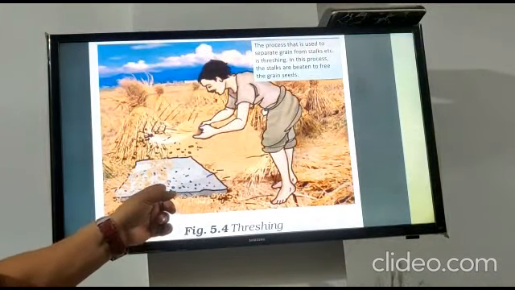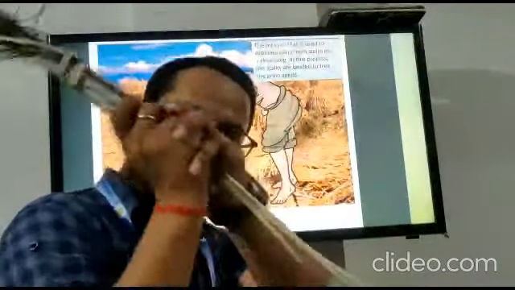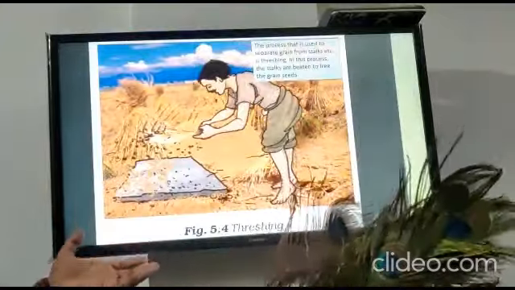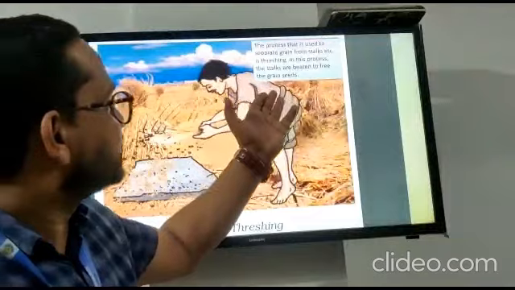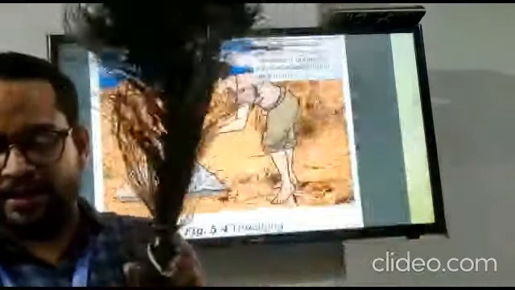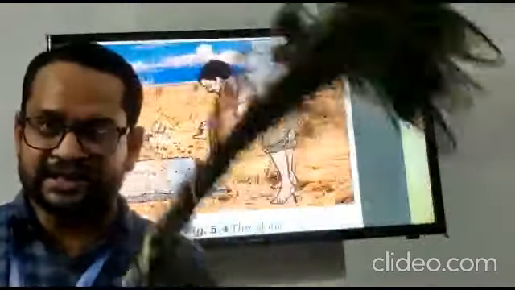When we beat the grain on any stone or any powerful thing, then what happens, the stalks are beaten to free the grain seeds. That process is called threshing. Clear everyone?